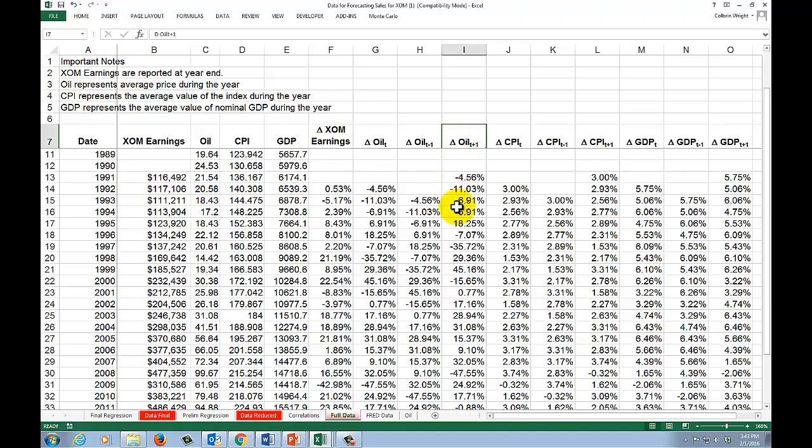The only reason I'm doing that is you never know where the correlation might be. The correlation is not always contemporaneous. Sometimes the driver moves and then the earnings move. In that case, what you would see is that the change in ExxonMobil earnings correlates with the year before delta in oil. That's the only reason I'm doing some time shifting here. I've calculated CPI contemporaneous. So this is inflation contemporaneous with ExxonMobil earnings. This is inflation 1 year before, inflation 1 year after. This is GDP growth contemporaneous with ExxonMobil earnings. GDP growth 1 year before, GDP growth 1 year after.